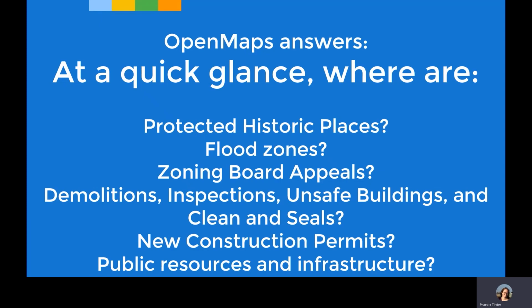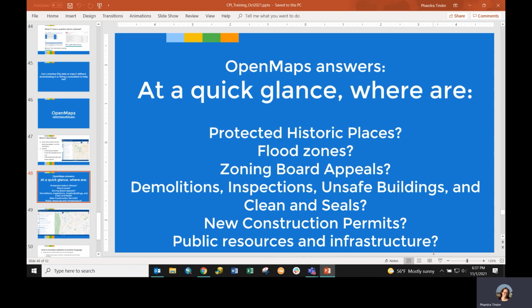So for instance, it includes protected historic places, flood zones, zoning appeals, demolitions and other licensed inspections, new construction, different types of public resources and infrastructure, like everything from water inlets to streets to street lights to city facilities, all kinds of information. So let's just take a quick look